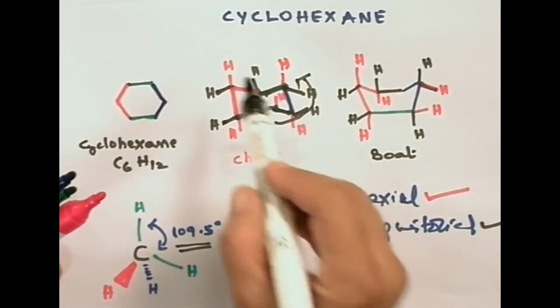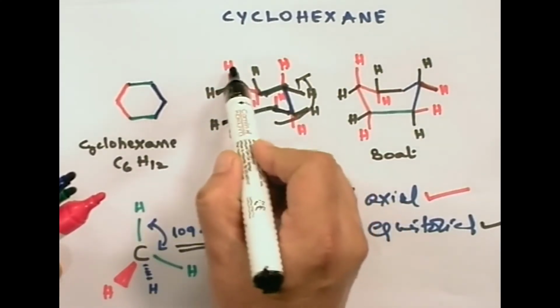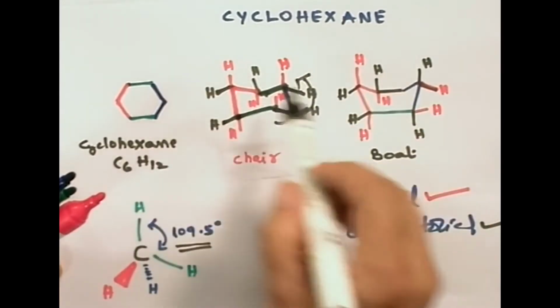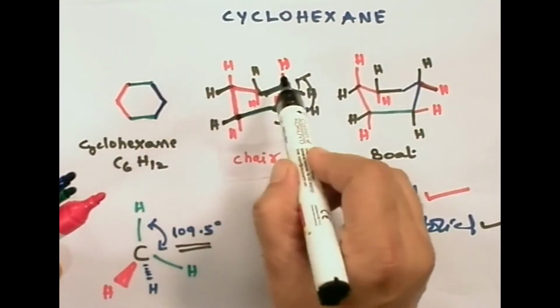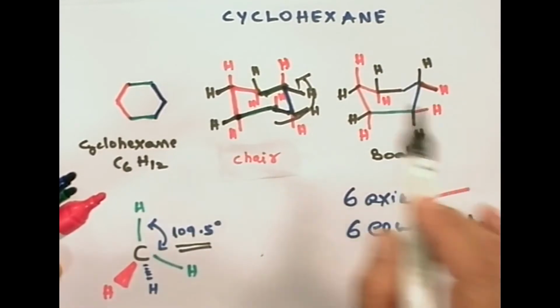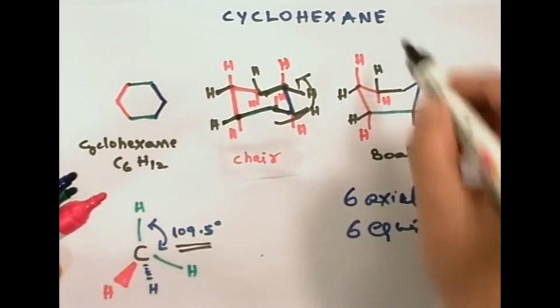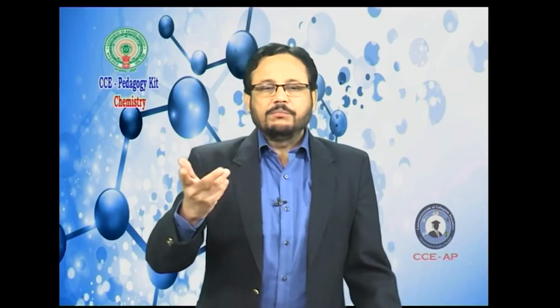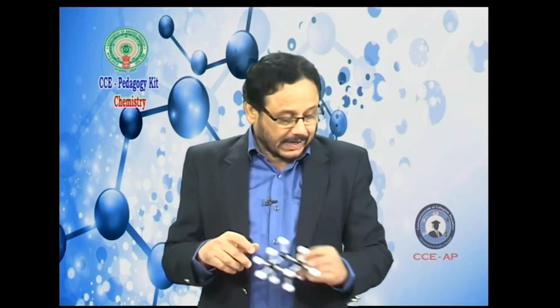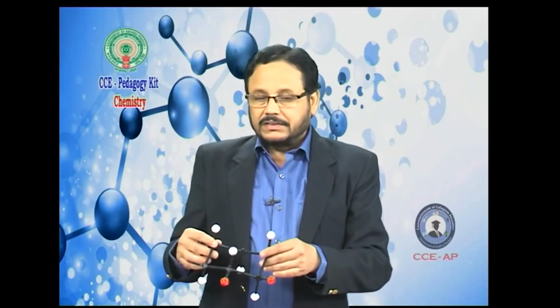And you can also look at the torsion strain between the hydrogen atoms. Obviously, you do not find any type of torsion strain because they are well separated, and so this is the stable form of cyclohexane. I am going to explain how the ring can flip from one conformation to another, how the flipping takes place. I will explain that with the help of certain models, and try to show you how the flipping takes place.